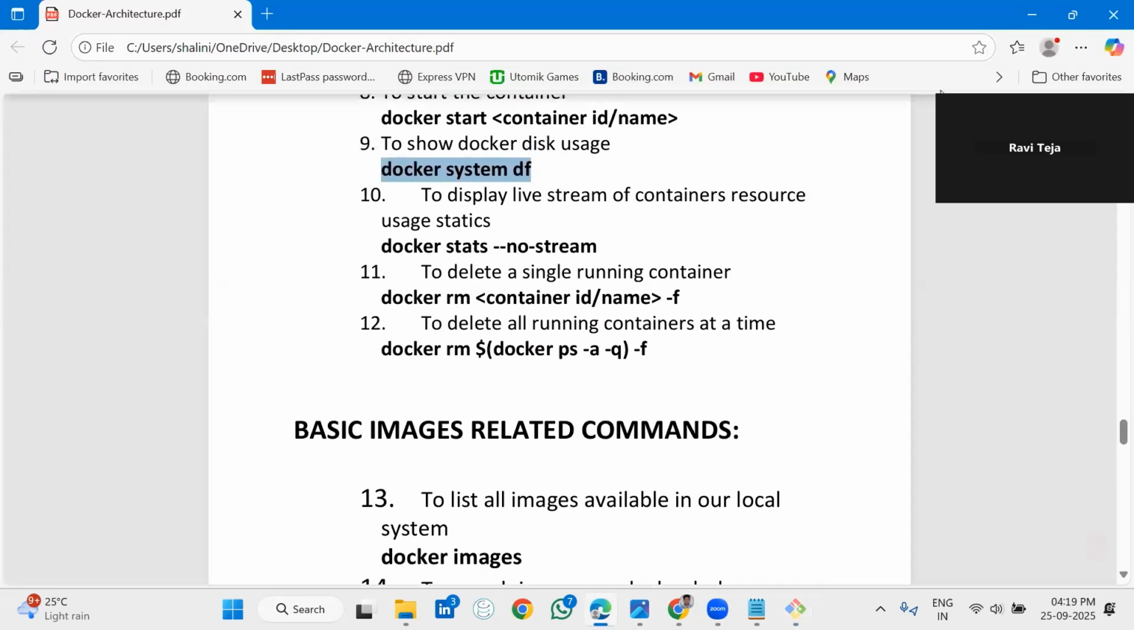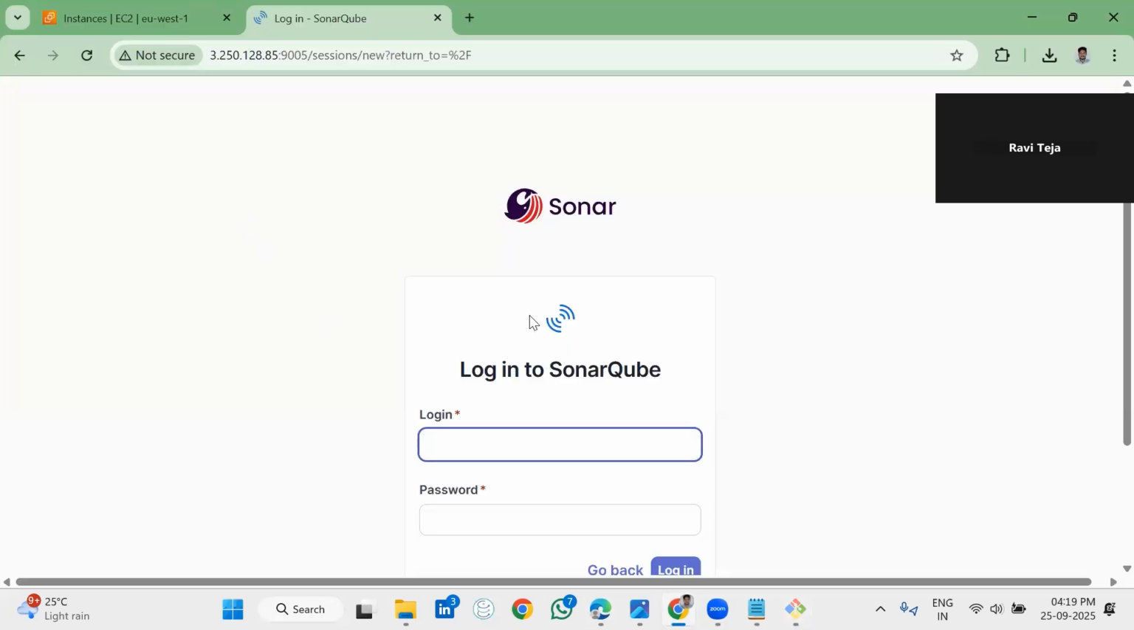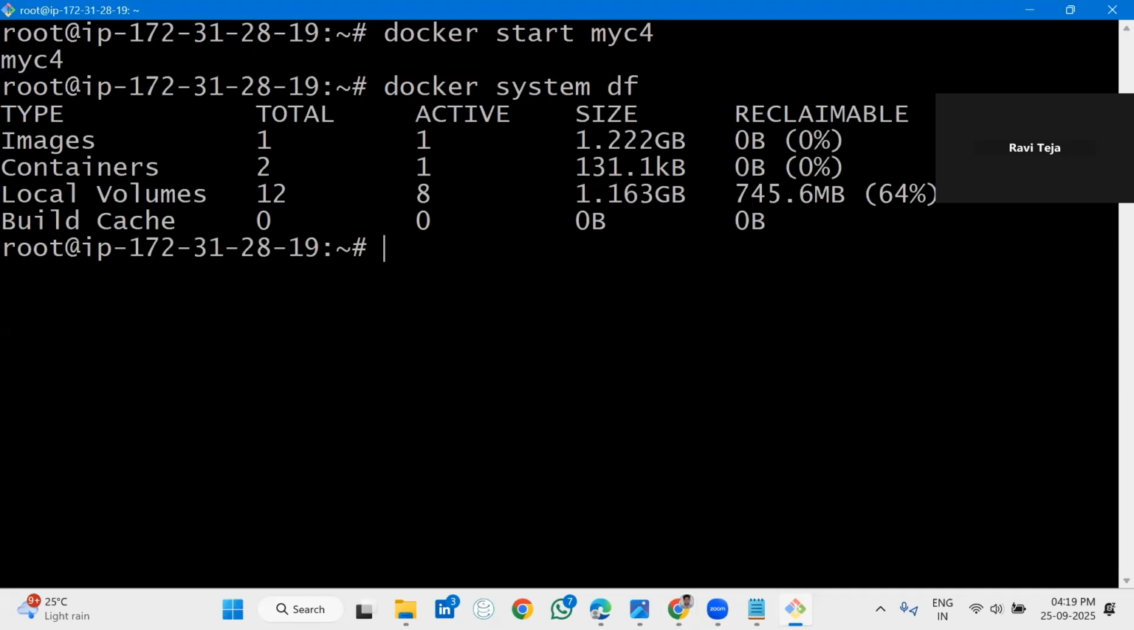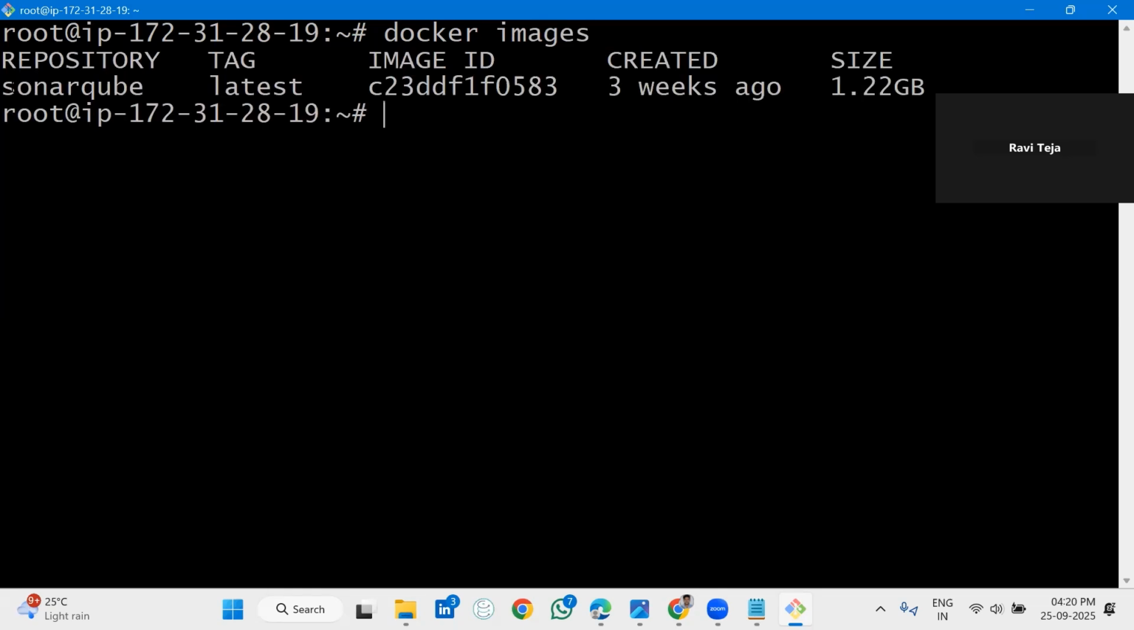Okay. If you want to remove the container, okay, you are getting it, right? The container has started. So if you want to remove the container, how can you remove the container? docker rm. rm is the command to remove a container. Okay. So if you want to list the images, docker images. Okay, we have the sonarqube image, right? If you want to remove this image,